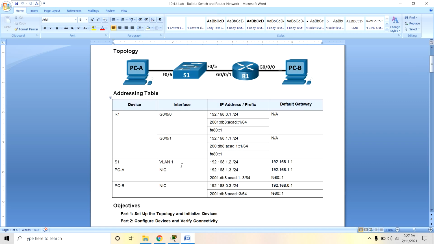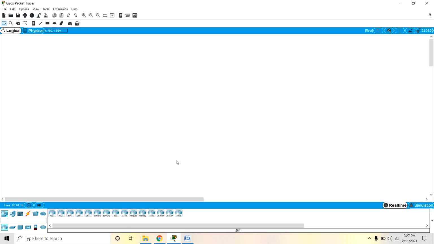In the same manner you can open the Packet Tracer tool, and identify the configurations you need in the lab environment. Based upon the configurations, we configure them in this Cisco Packet Tracer software.